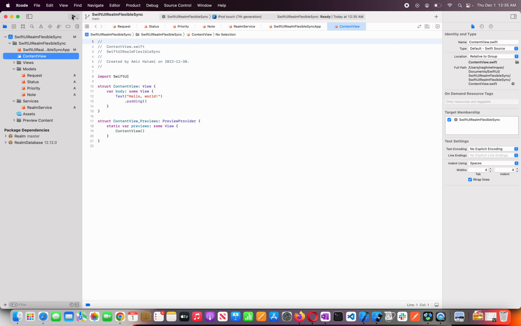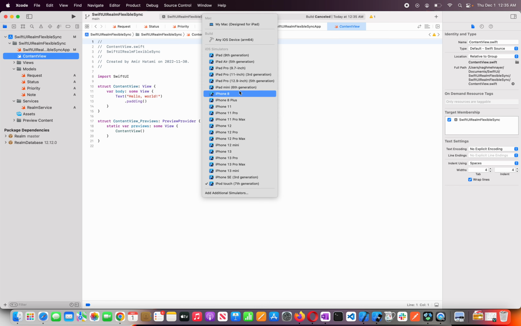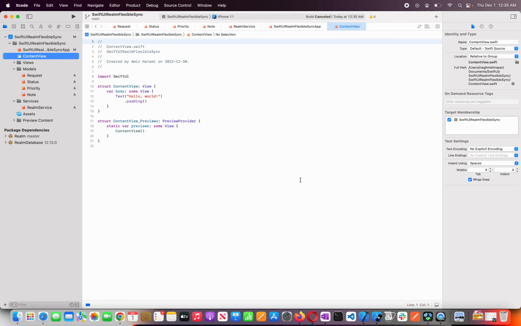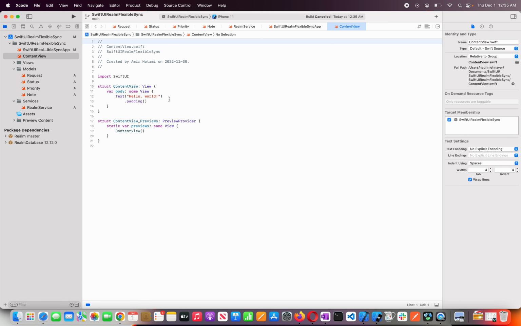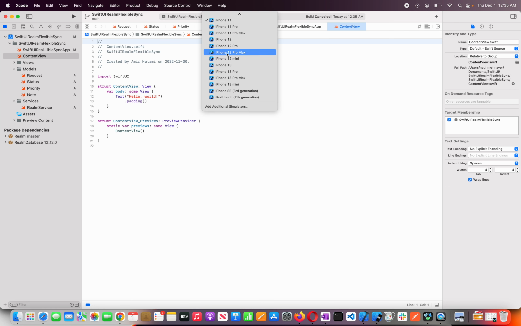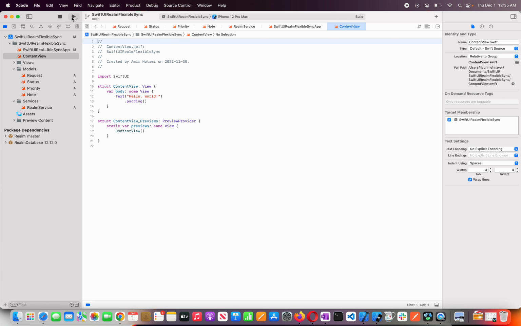So let's run this and see if I can compile it. It's going to go on iPad touch. No, I'm going to go by iPhone 11. Let me see which one I have open. So iPhone 12 Pro Max. I'm going to put in iPhone 12 Pro Max and then run it. After this gets compiled, it's going to run over there, but it's going to be a blank screen, but here we will have some activity